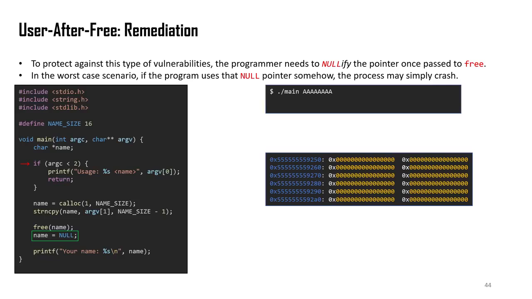Now, how to protect against this? The remediation. We can fix this vulnerability by simply setting the pointer to null after calling free. Of course, this program is very simple. We can do a check before calling printf, but in complex programs where the code base is huge, these mistakes happen a lot. And you don't just fix this problem